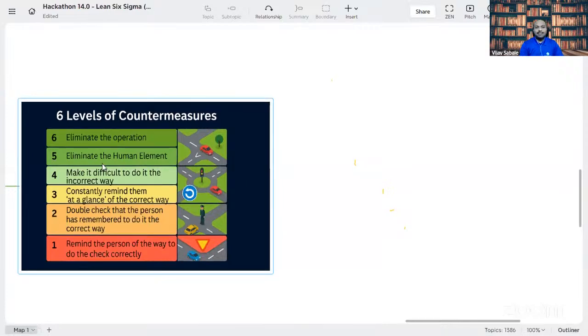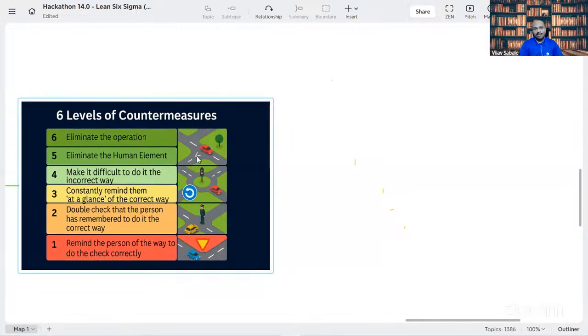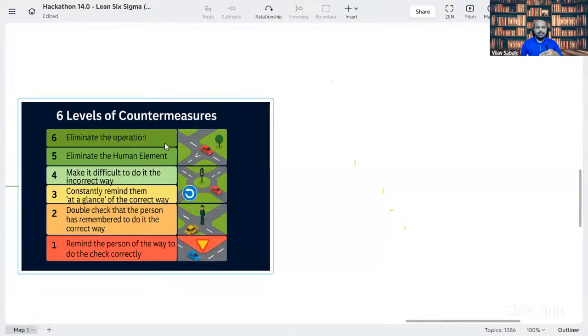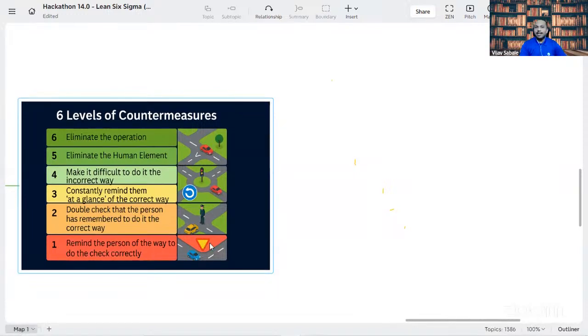Now you can see the fifth and sixth level, where we have one-ways. It's clearly defined that cars will go only in one direction. At the sixth level, we can have flyovers. There is nothing like needing to wait, and the possibility of an accident is completely eliminated because there is a flyover now. So I can say the risk case is completely eliminated.